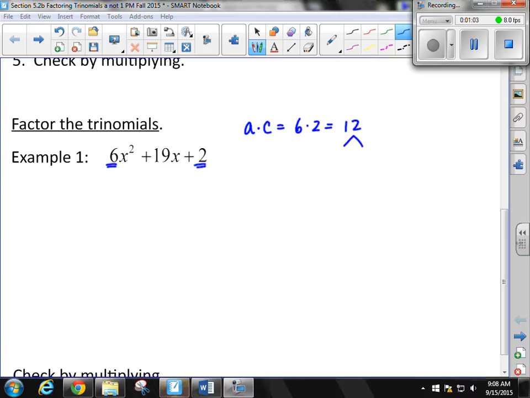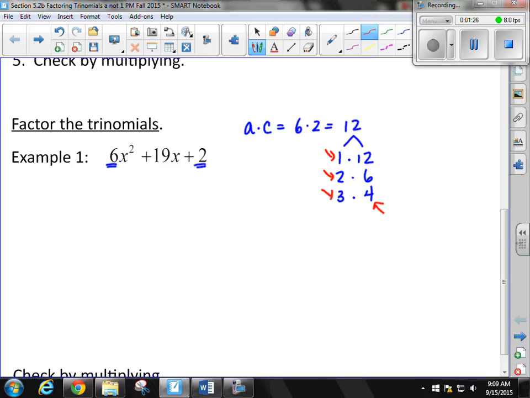Now, in my polynomial, all of my terms are positive, so I know when I factor, all of my numbers are going to be positive. 12 is 1 times 12, 2 times 6, 3 times 4. Again, I started with 1, and then I went to 2 and 3. Once I get a number over here and I've started to kind of wrap around again, I know I have